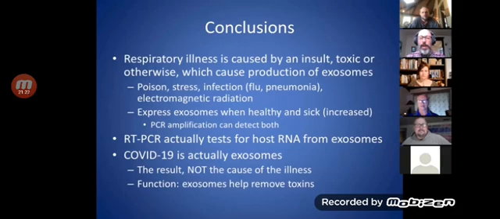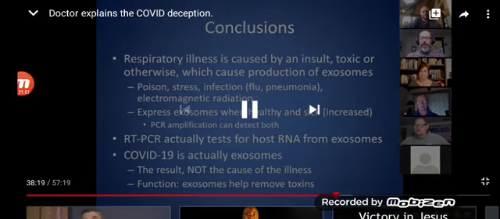And part of that is they will actually eat up and, like a sponge, soak up these toxins so that they can be safely removed from your body so that you can recover. So what I'm saying is that COVID-19 actually are exosomes and not a virus that invades your body from the outside. It comes from within your body to help you, and it's a reaction to the real cause of illness. And that's where I'm going to